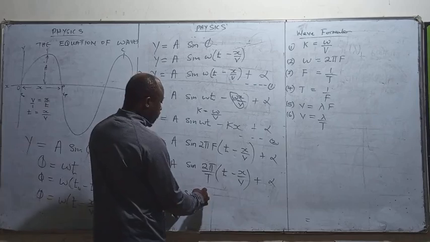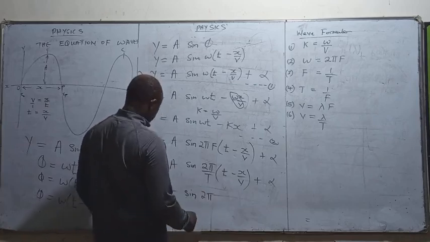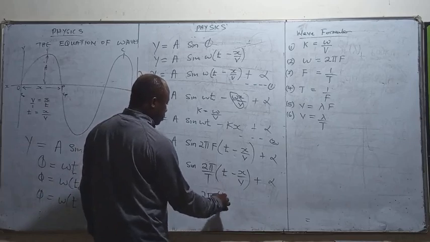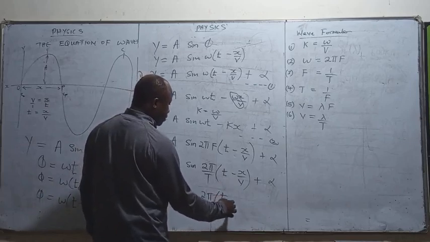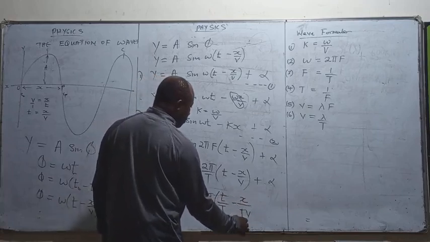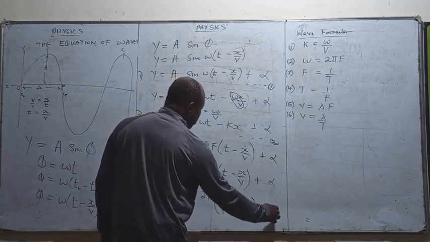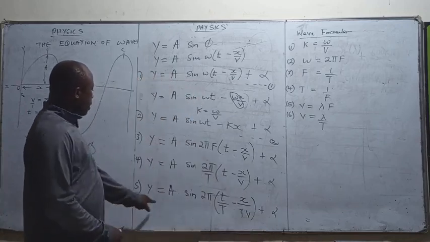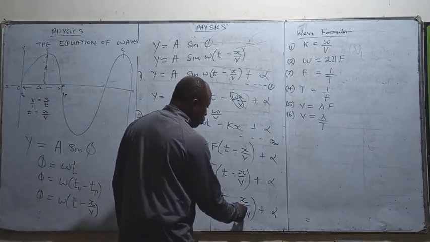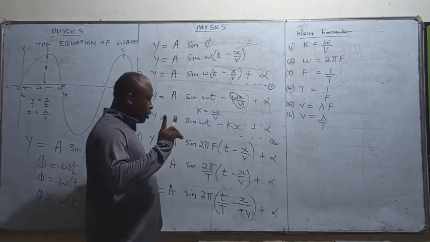So that becomes 2 pi, we use T to multiply with, you have t over capital T minus x over Tv plus what? Alpha. Now this is our new equation, but however, this Tv is too cumbersome, so we'll look for a single